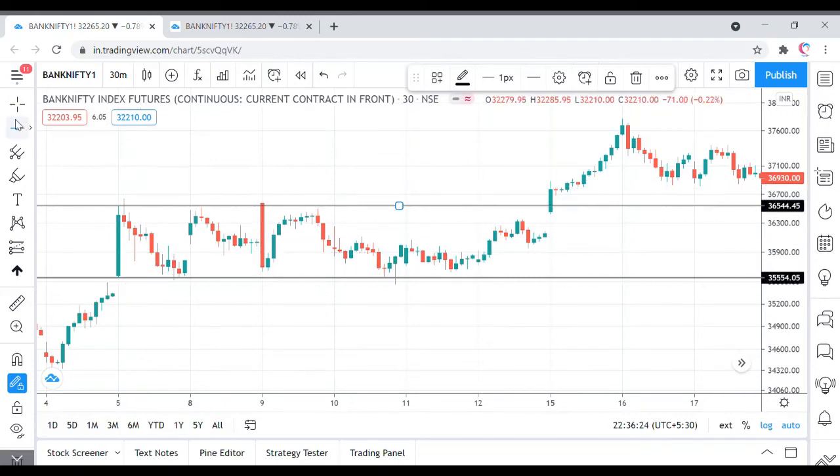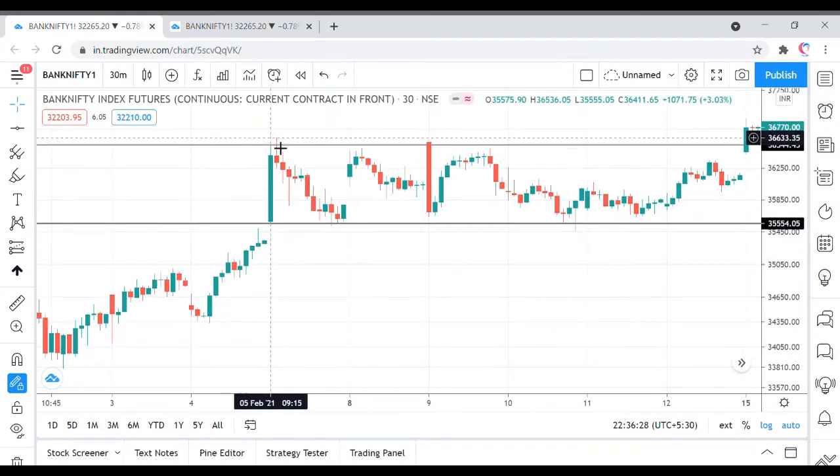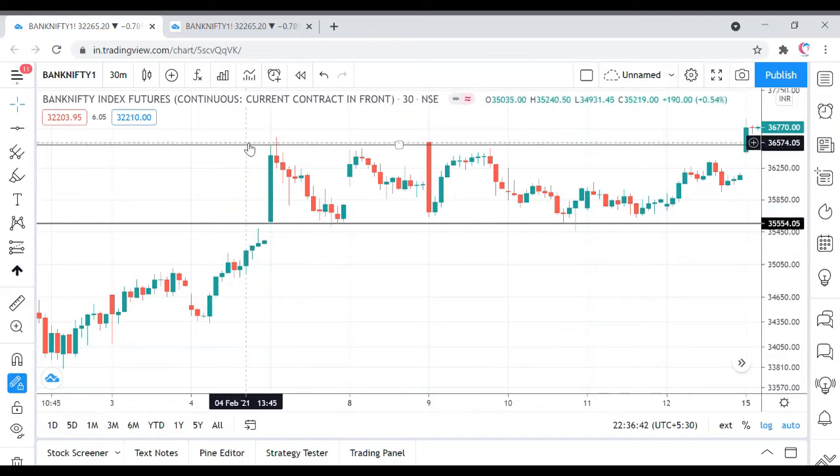So you can see on the second candle here, what happened, that the high was broken, but it didn't close above the high. It came down and closed below the high. So why I am asking you to take the trade once the breakout or breakdown candle closes, because if you would have taken a trade here just after the breakout, you would have lost money and you would have hit your SL. So that's why closing is important, because closing shows the strength, there is strength in the breakout or breakdown, and the market will further respond according to that.